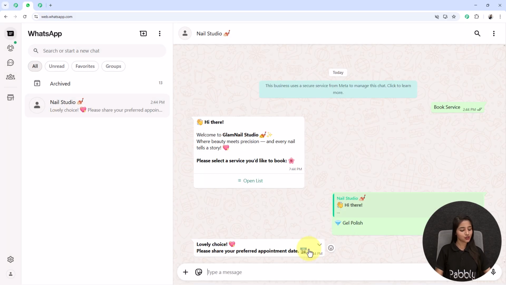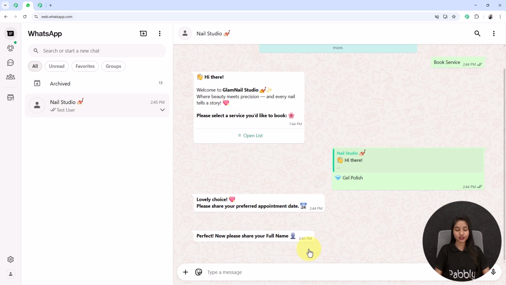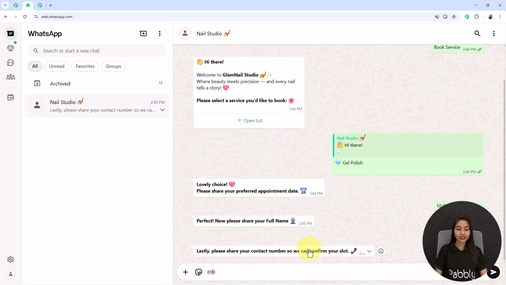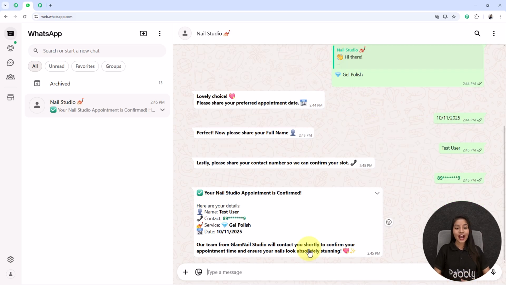Then it asks me to share the appointment date, so I am sharing one date. After that, it asks me for my full name, so I am sharing my full name as test user. Then it asks me for my contact number, so I am sharing one test contact number. Then you can see I have received one customized message from my bot, which includes my name, the test user that I have shared, also the service type that I selected from the list as gel polish,